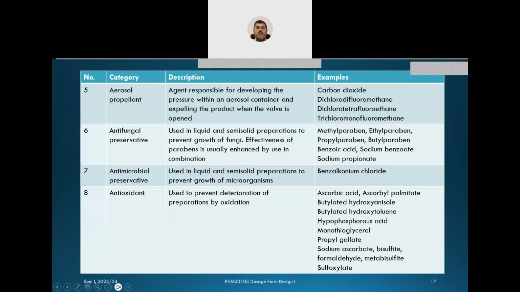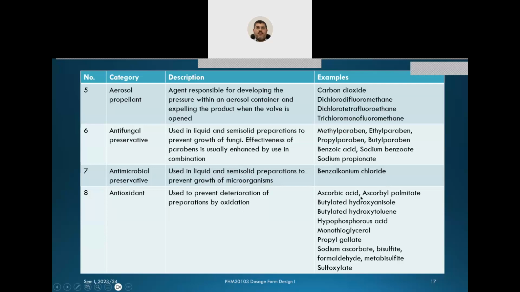Okay. Some materials may be used as antioxidants. Your drug product may be prone to oxidation, so to prevent the destruction of your drug during the shelf life by oxidation process, you can add some antioxidants in the formulation so they will stabilize the drug. They will prevent the deterioration of preparations by oxidation. And they have reducing ability usually,